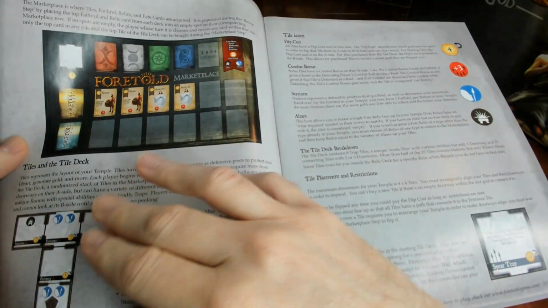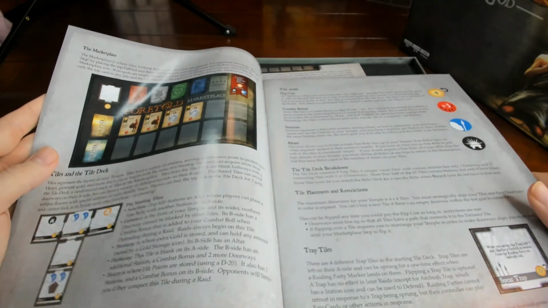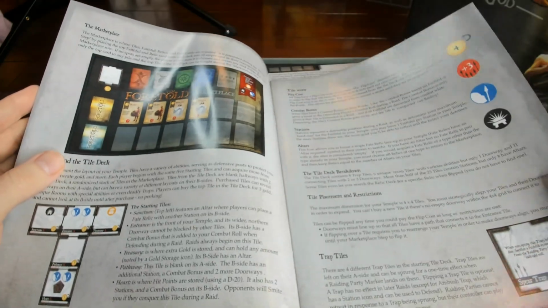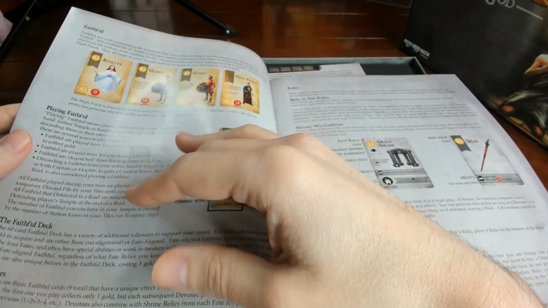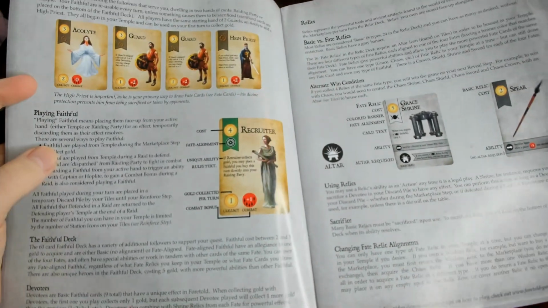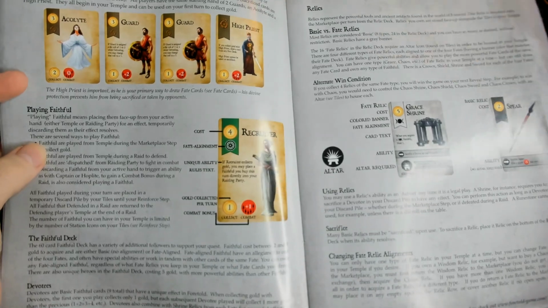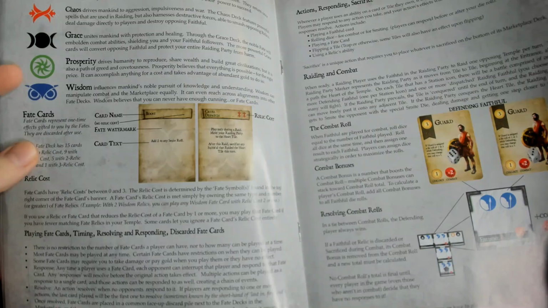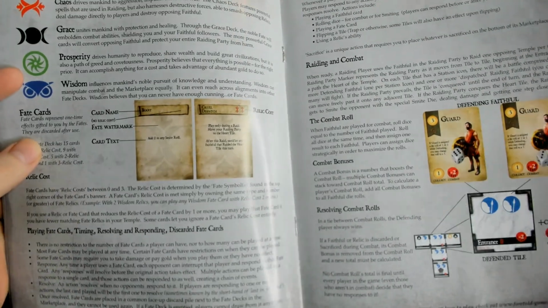You'll have a temple. It's a deck builder, tile lane, and I guess kind of like a tower defense game, because you'll be defending your little tower and your little temple there. And yeah, just go through. I think it was pretty well done with the instruction booklet, but one of the most important parts: